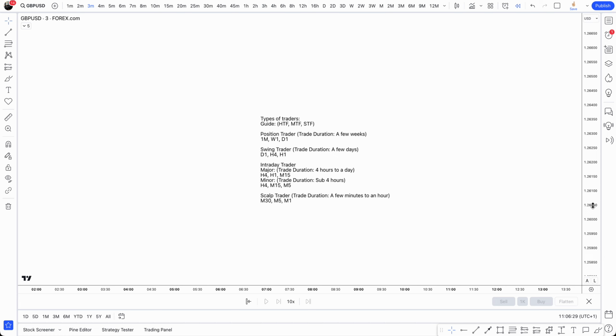Today we're going to be discussing the type of trader that you need to choose to become, right? This is very important because it will determine what timeframes you're looking at, how you're trading, what times you're trading, etc. And it's very important to just get this out of the way before you actually start trading in general. If you pick a title, then you are able to stick with that and you can backtest, stress test and trade within those time frames, right?